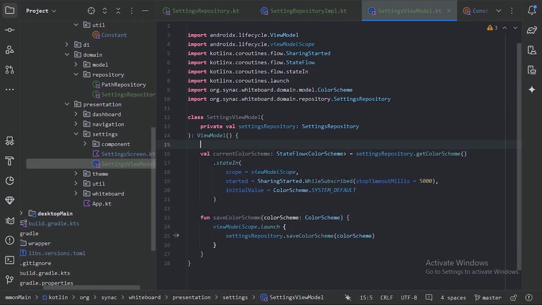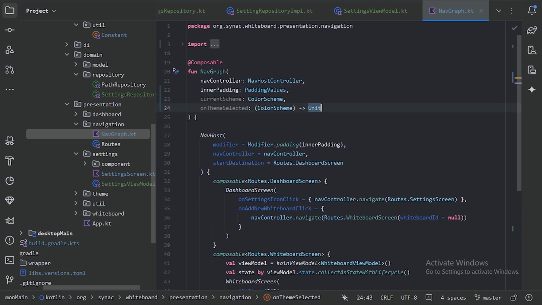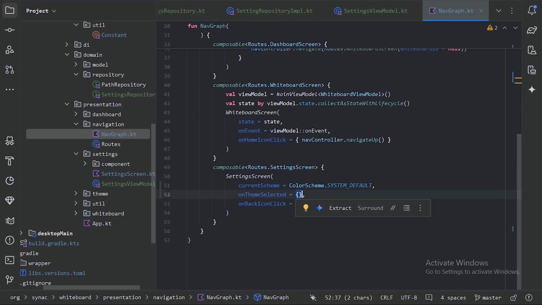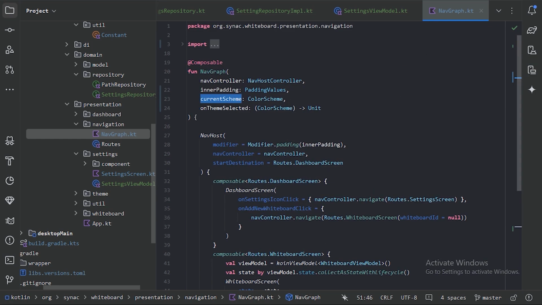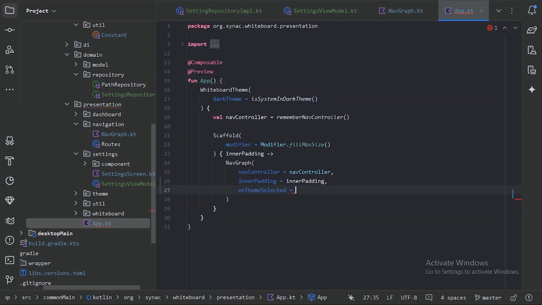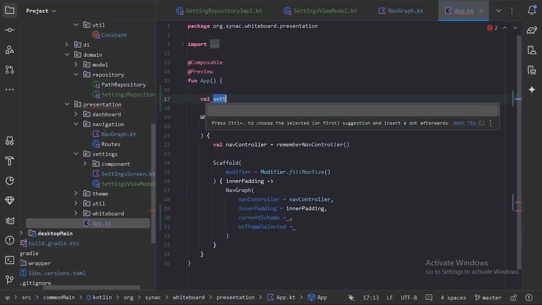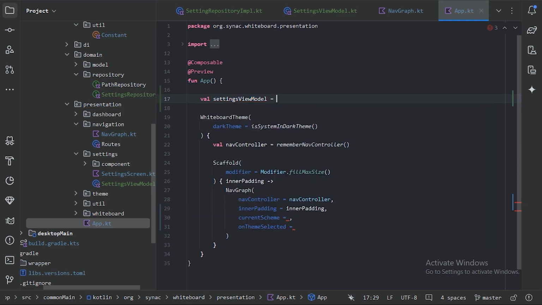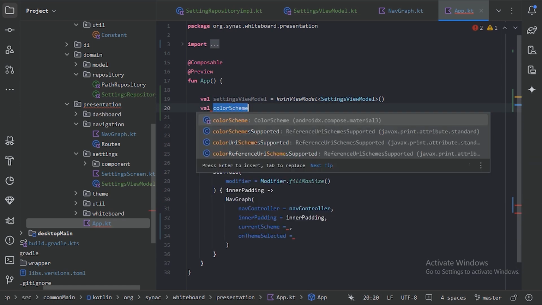So let's use these two things in our App file. But before that, go to the navigation and nav graph. And these two parameters we will implement in that App file. And this nav graph we are using in the App file. Now next thing, let's get the view model first here. For that we will use this koinViewModel, and the type will be the settings view model, and we need the color scheme value,